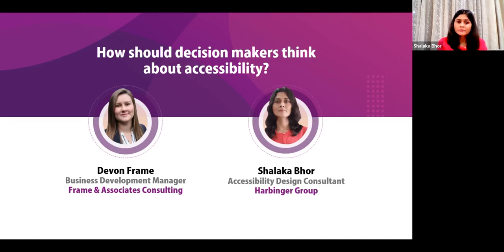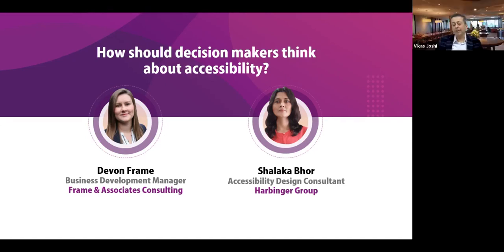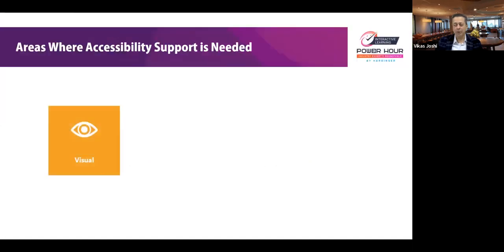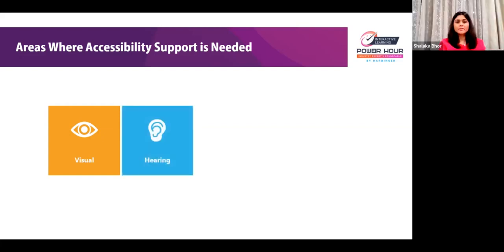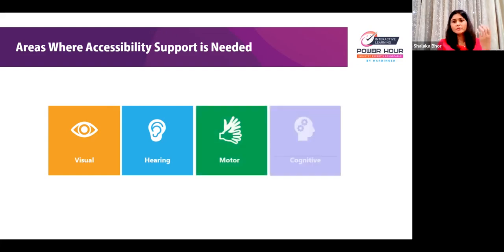Okay. And then you wanted to talk about the type of support as well, right? The areas where different types of accessibility support is needed. Yeah, I mean, WCAG 2.0 has already covered visual, hearing, motor, and cognitive disability to an extent.